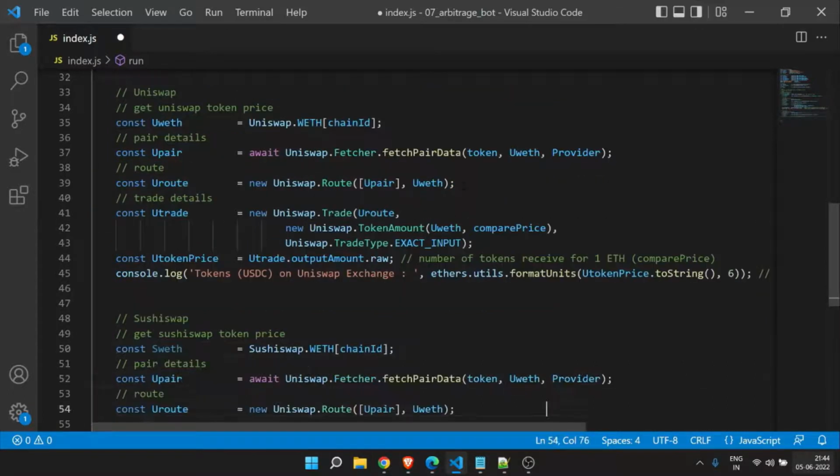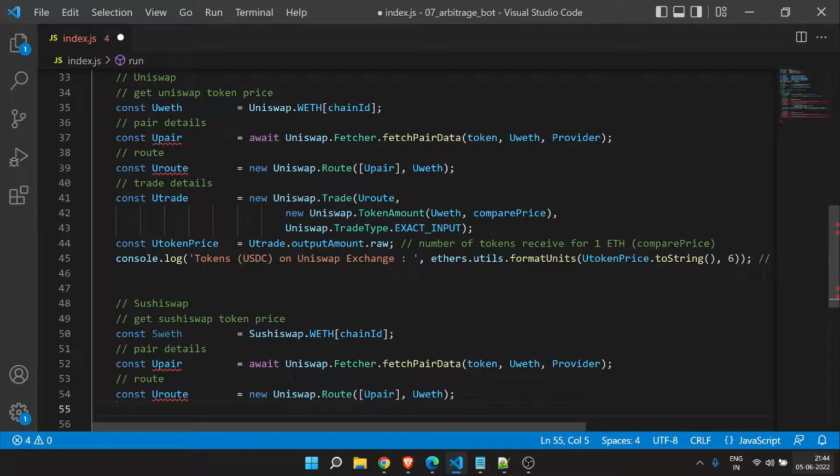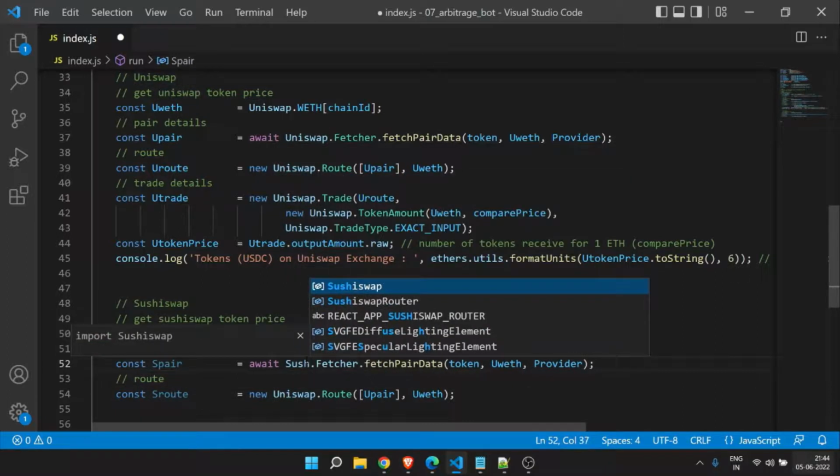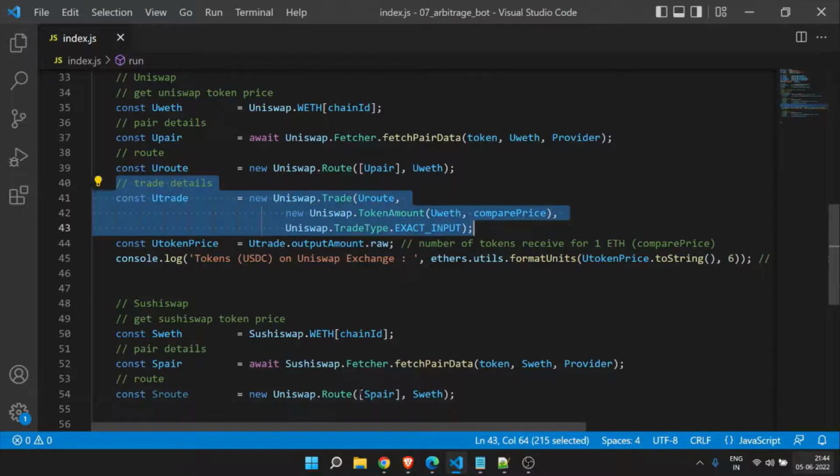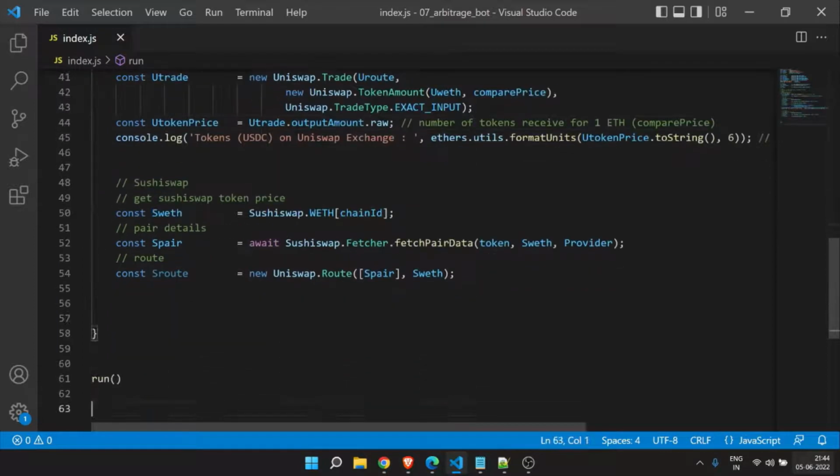So yeah, instead of U pair it should be S pair, then S route, then Uniswap, this should be Sushiswap, and this token is okay, this should be the S WETH. Okay, then this is okay, S WETH, U pair, this should be the S pair, this is okay. Then you need the trade as well, so copy this again, U trade, and paste it